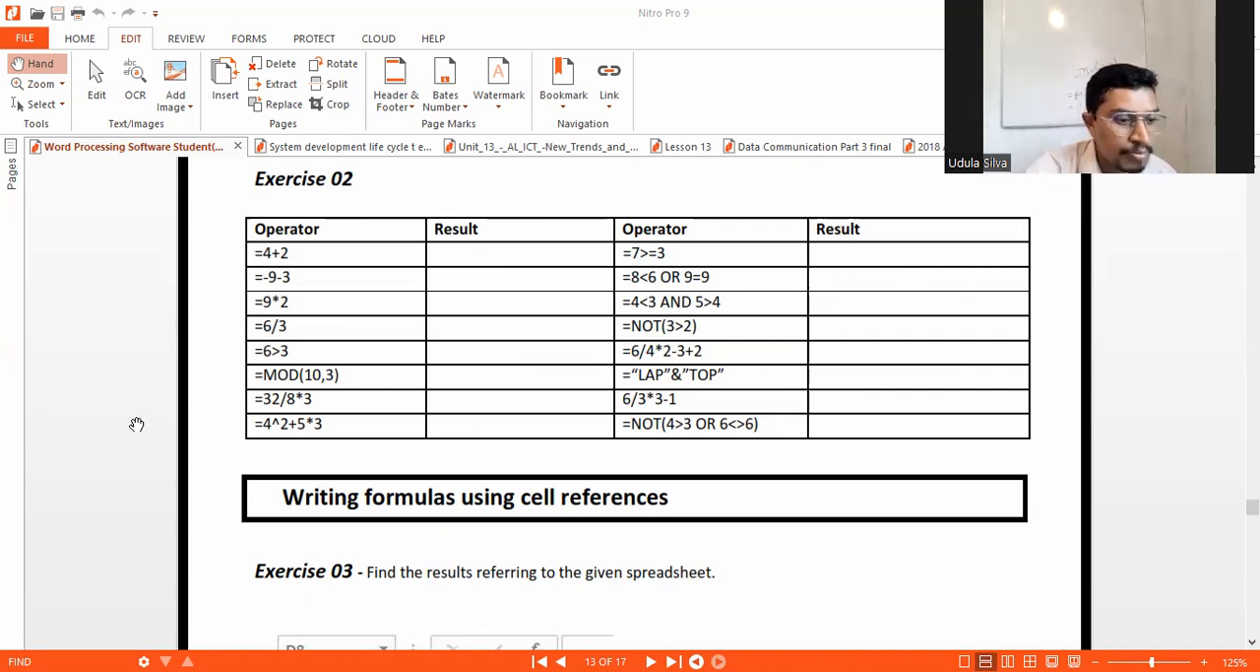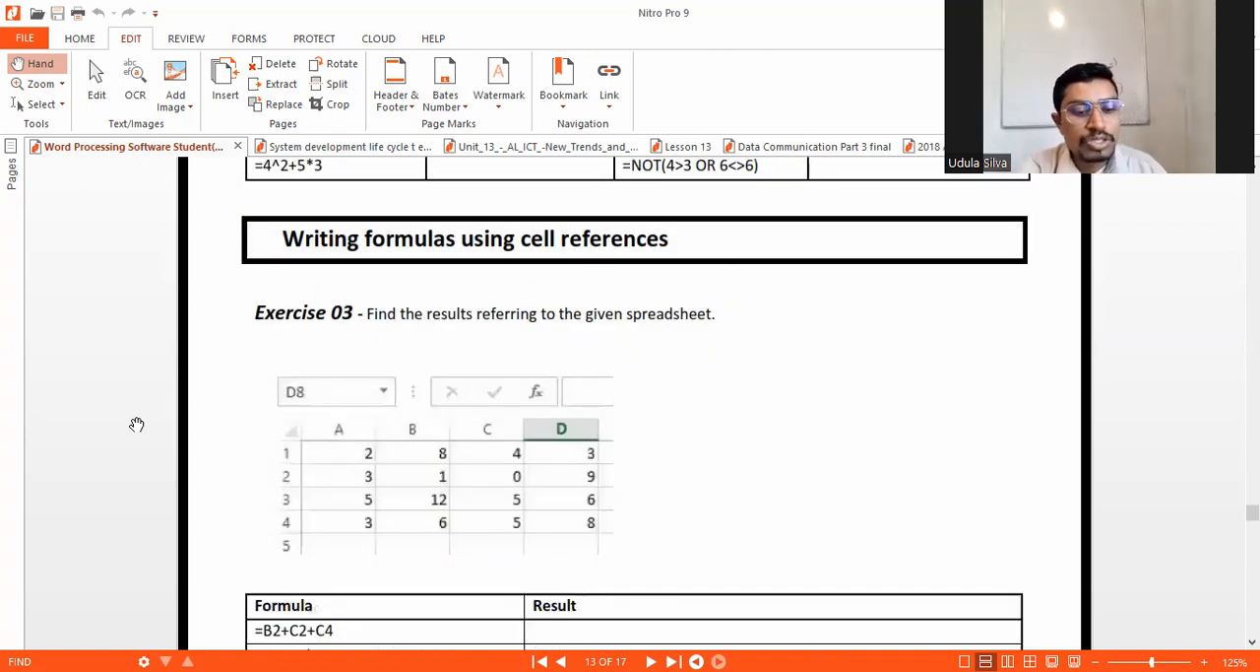And let's go down. Right. Now let's talk about writing formulas using cell references. Right. First of all,